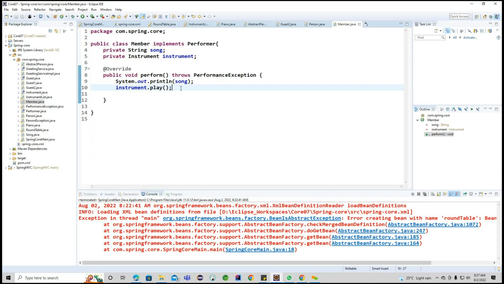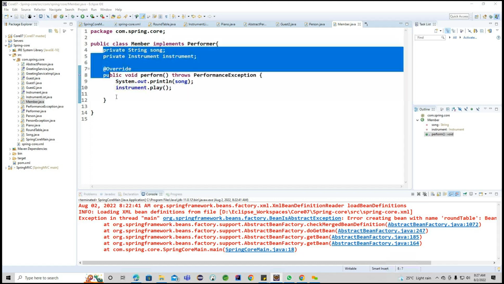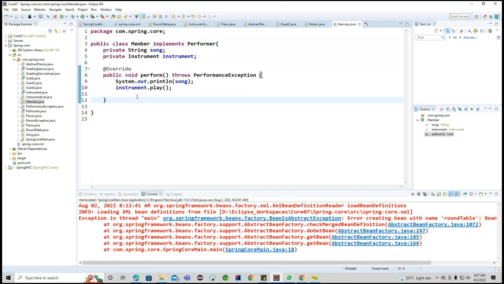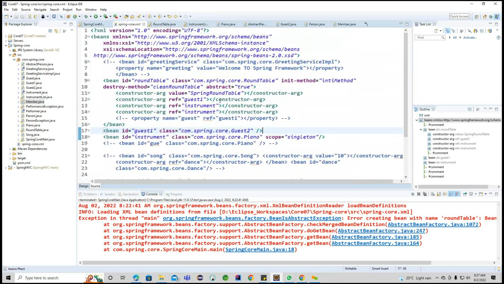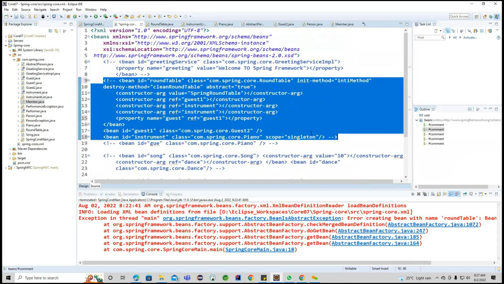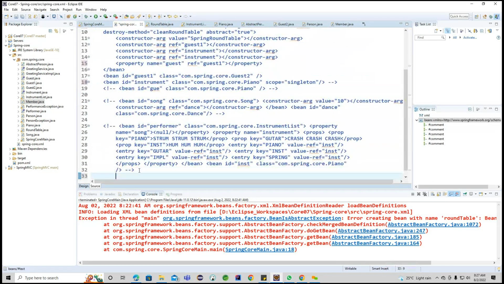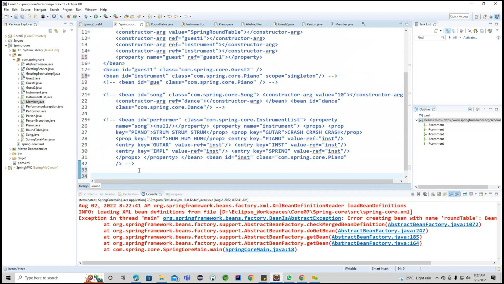Okay, so now what I'm doing here, this particular class I'm going to make abstract. Every time we are going to use this particular class, I will make it abstract here. And now what we will do, we'll try to use the same object with the help of different instruments here. With the help of this particular instrument, we'll try to call different values. Now observe carefully what I am doing here. First I'm going to create the two objects here. So inside this particular class, we can comment out these sections. So for all the sections we commented,